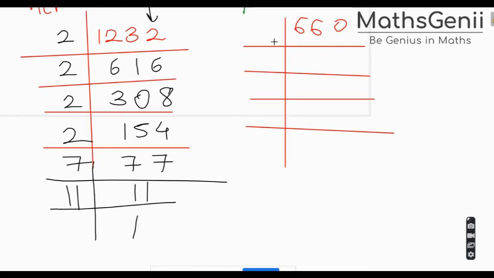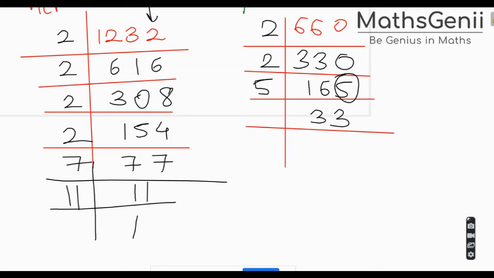Again here, let's start with 2. 2 threes are 6. Again I'll divide by 2. 2 ones are 2, 6 are 3, 5s are... Then in the end you have 5, so it will be divided by 5. 5 threes are 15, 1 carry 15. Then again I can divide it by,